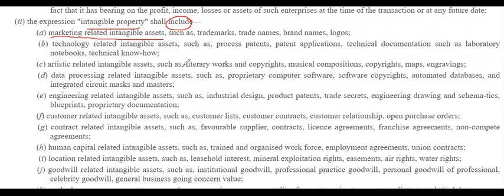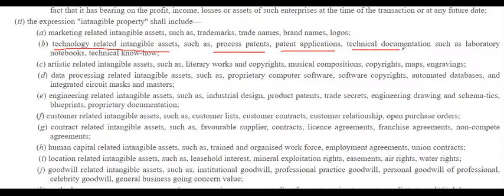What are the market related intangible property which have been included in intangible property? Trademarks, trade name, brand name, logos. Technology related intangible property: these are process, patents,